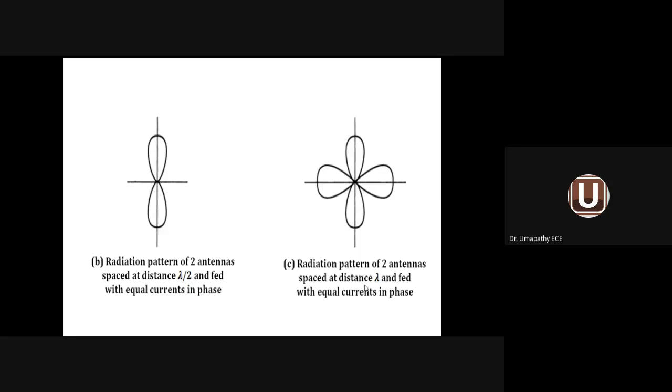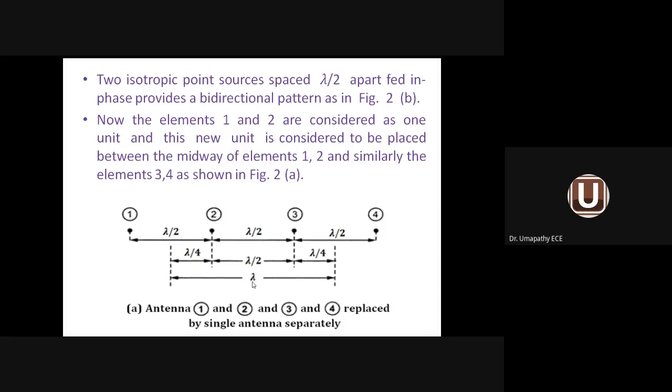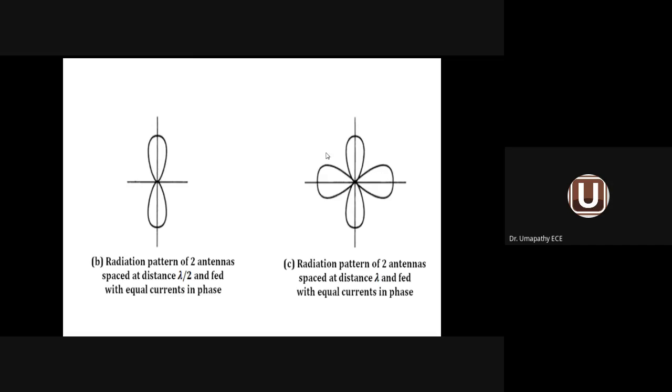What is parameter y? We have replaced the 4 element antenna by a 2 element antenna in a virtual manner. Physically available is 4, virtually available is 2. What is virtual? Isotropic. So that radiation pattern is already available. Draw the radiation pattern here; this radiation pattern is also already known. Now multiply both the radiation patterns. The process is called pattern multiplication, and the result is the radiation pattern of the given antenna.